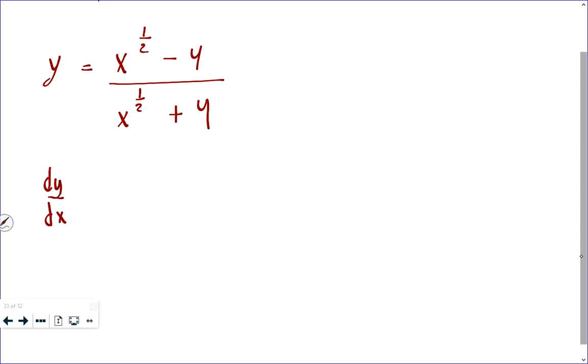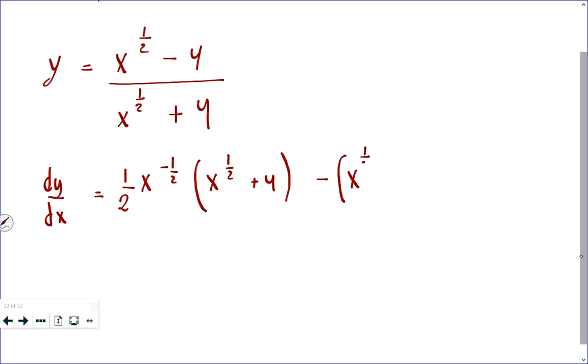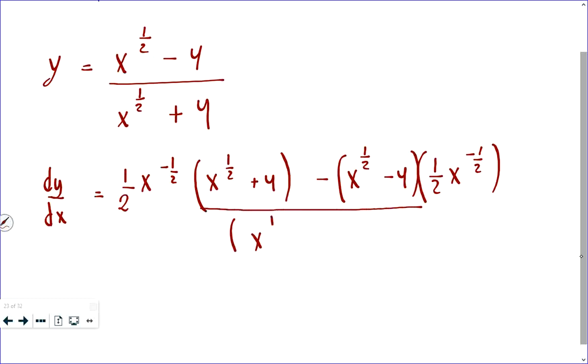The derivative of a quotient is the derivative of the top times the bottom minus the top times the derivative of the bottom over the bottom squared,